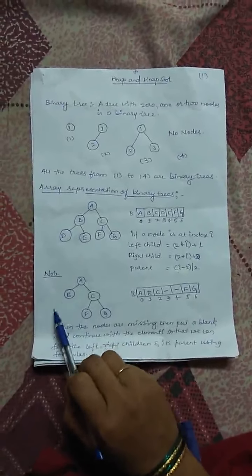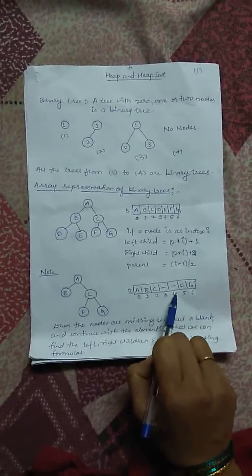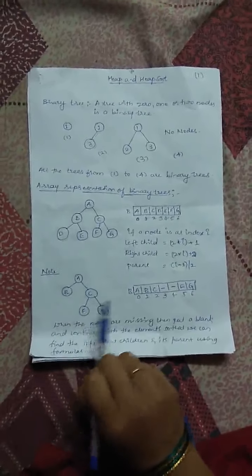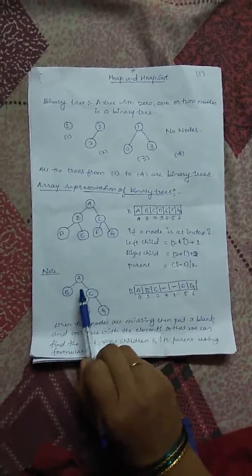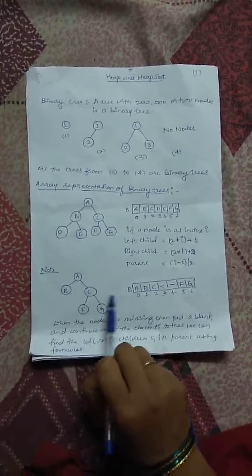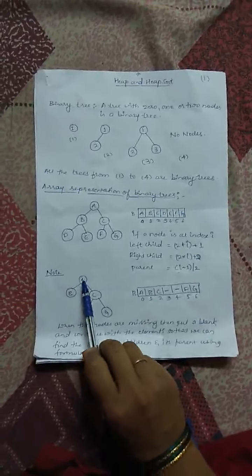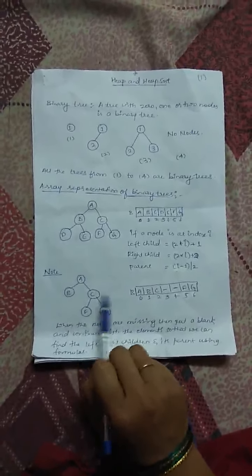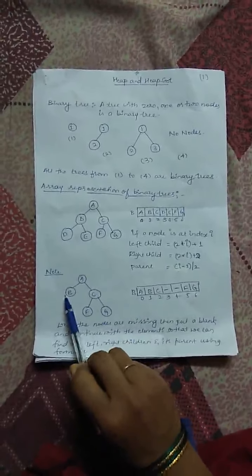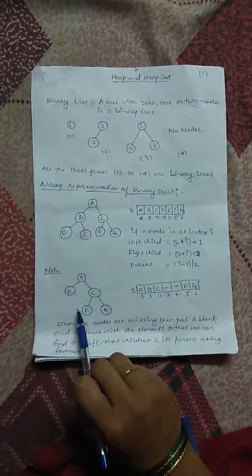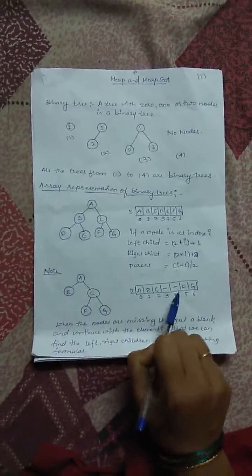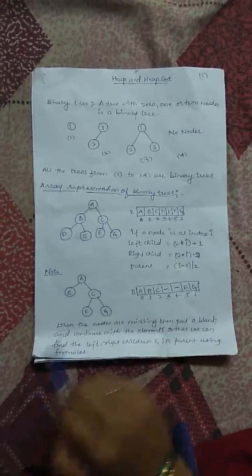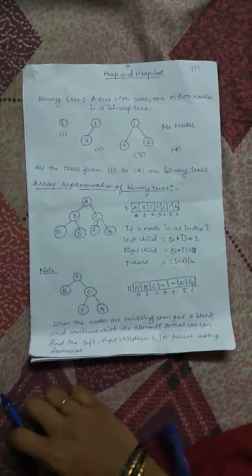If a child is missing, just keep a blank there. When you are representing a tree in the form of an array, you fill the array level wise. In the 0th level A is there, in the first level B and C are there. Here we should have 2 children, no? There are no 2 children here, so I have kept 2 dashes. Next, in the next level F and G are there, so I have kept F and G. So the array representation can be done.